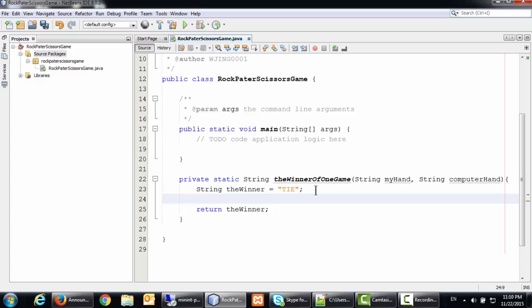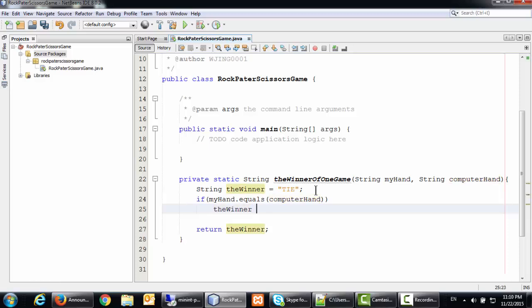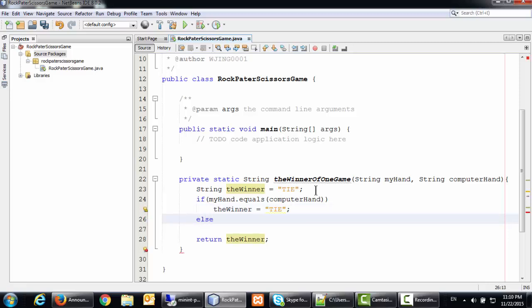So you have to do: if, for instance, my hand equals computer's hand, the winner equals to tie, else if my hand equals to rock,